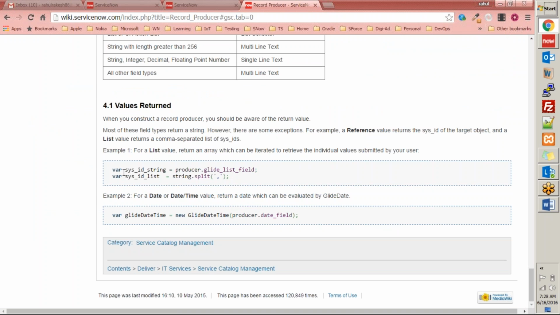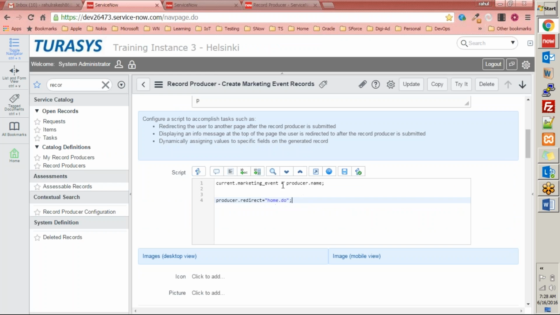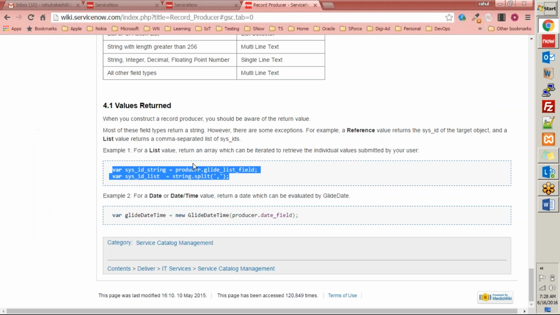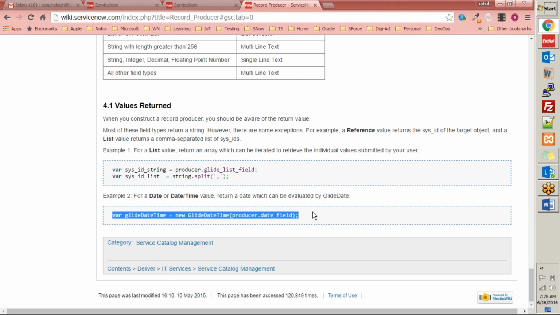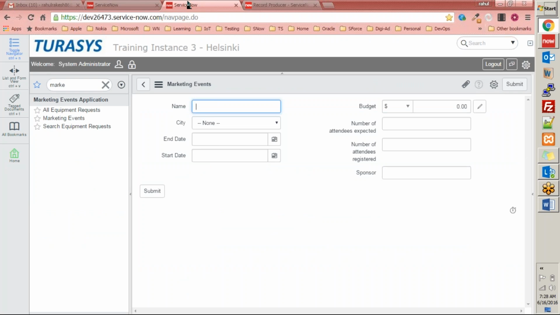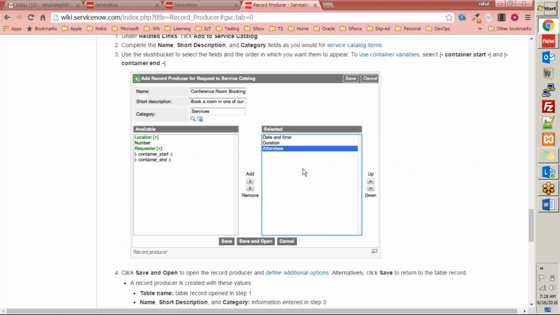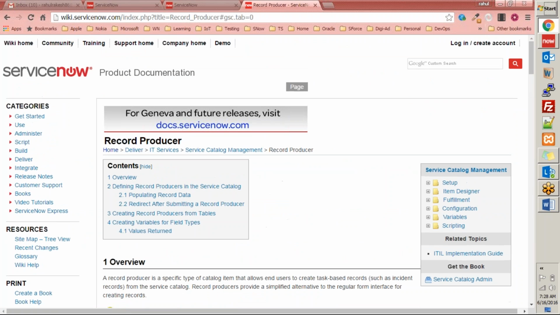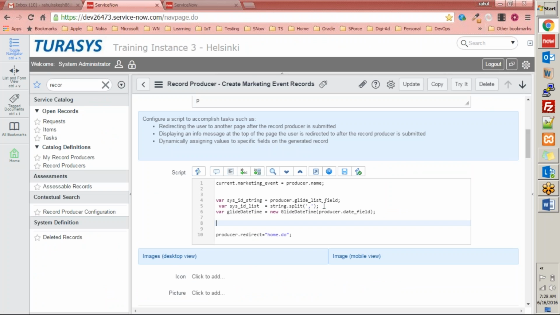Apart from that, let's talk about all these. Do we have to code this? That depends on whether you have a requirement of that kind. If you have that kind of requirement where it needs coding,